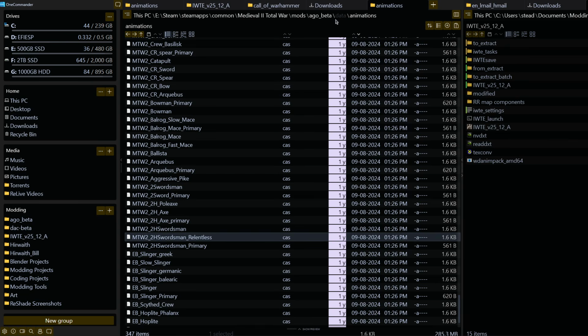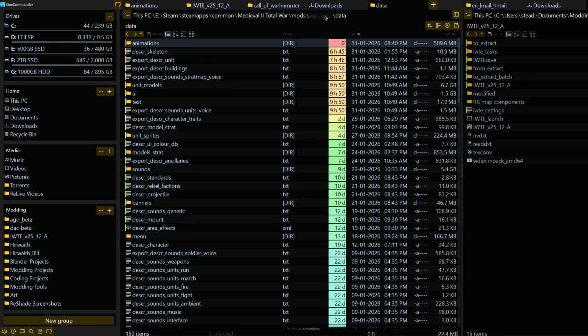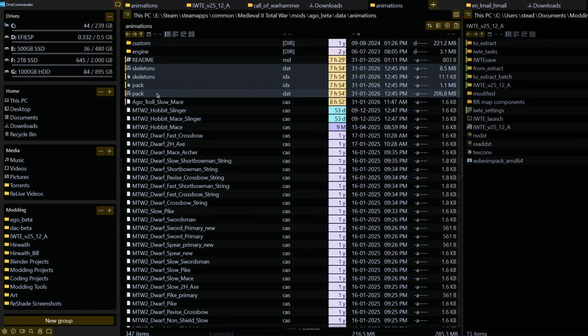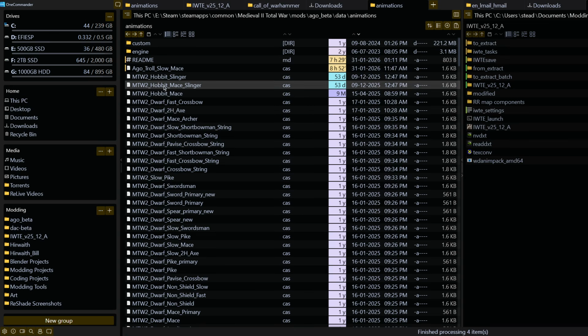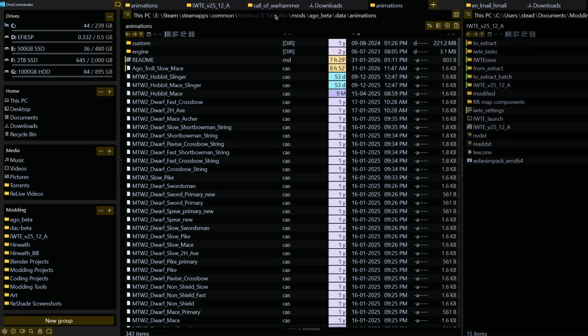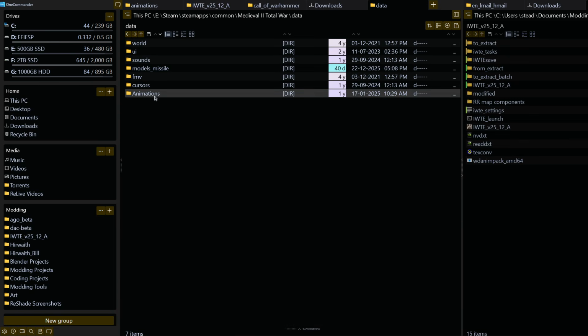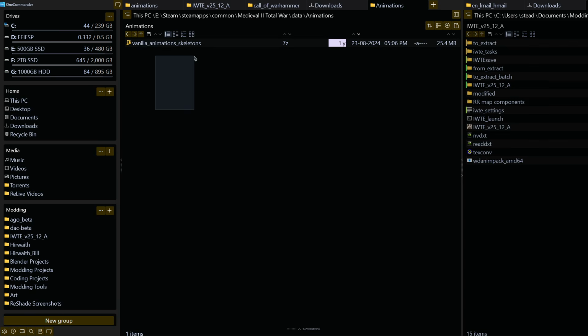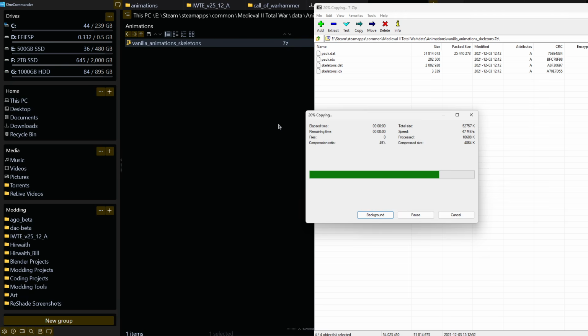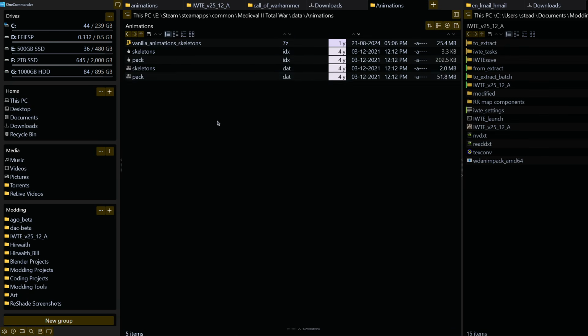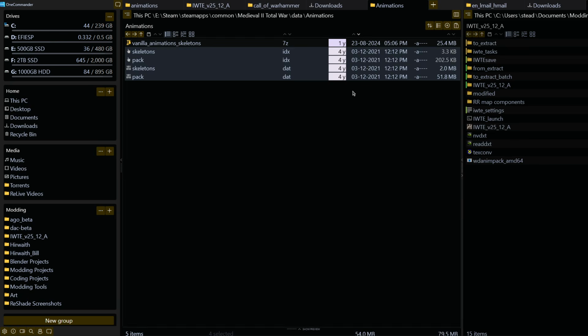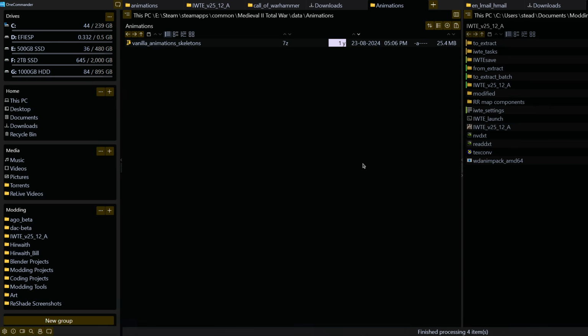Next thing we want to do, we want to make the game repack the animations from the loose files. So we go into data animations and we delete these two files here, the pack files and IDX files. And then you also need to go into your Medieval 2 folder, data, animations, and you need to make sure that this is empty. There's nothing in this folder. So I've got the vanilla ones here unpacked, or I've zipped them up and stored them in here. So if you have the vanilla ones here, you should do the same, back them up, and you can just delete them. And then next time we go to launch the game,